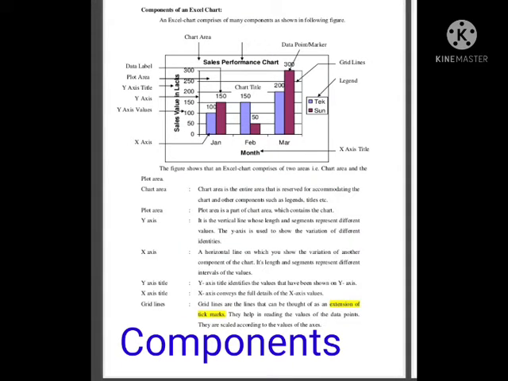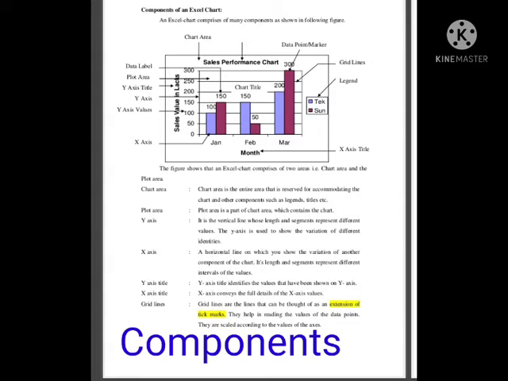Next, what are the components of a chart? The first component is the chart area. The chart area contains all the area and objects in the chart. The area inside the outer boundary is called the chart area. The category axis is known as the x-axis or horizontal axis, which is at the bottom of the chart. The value axis is called the y-axis or vertical axis, which is used to plot the values. It is located on the left-hand side of the chart.